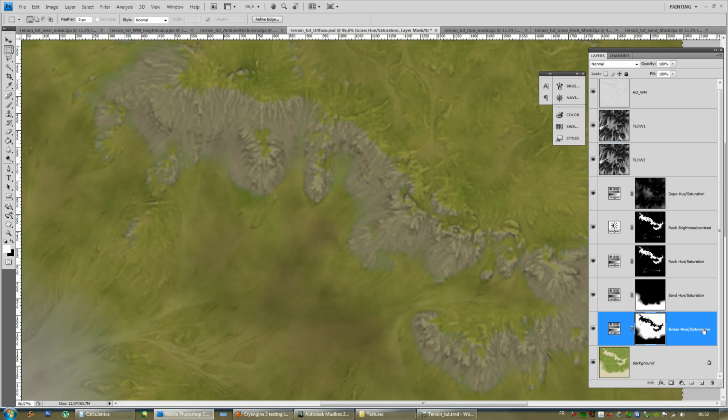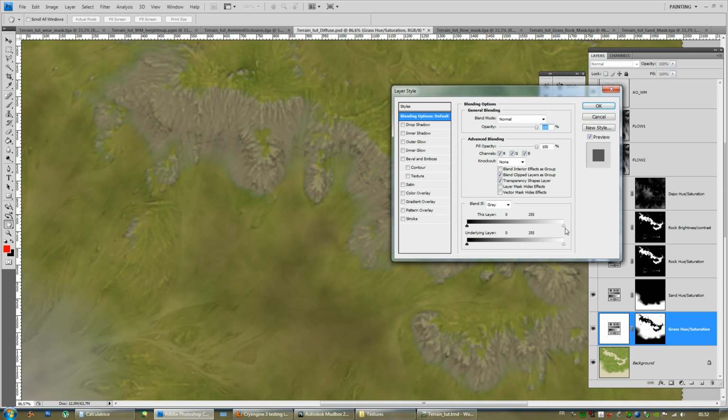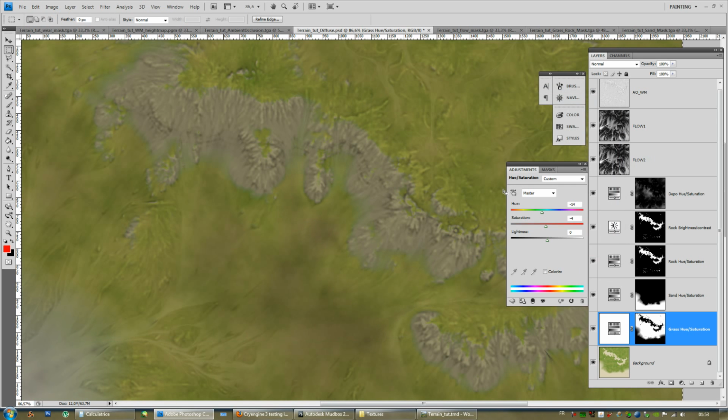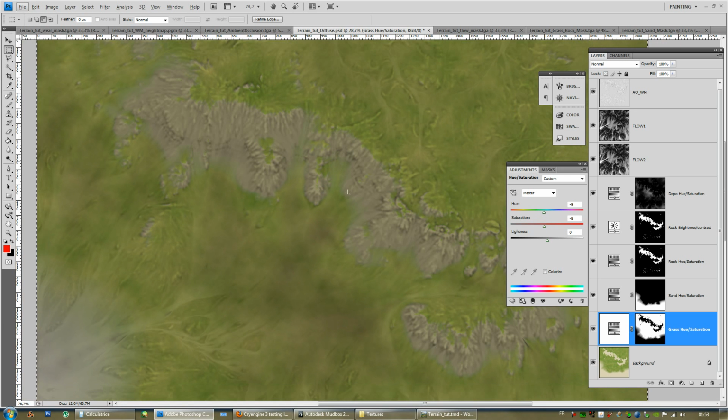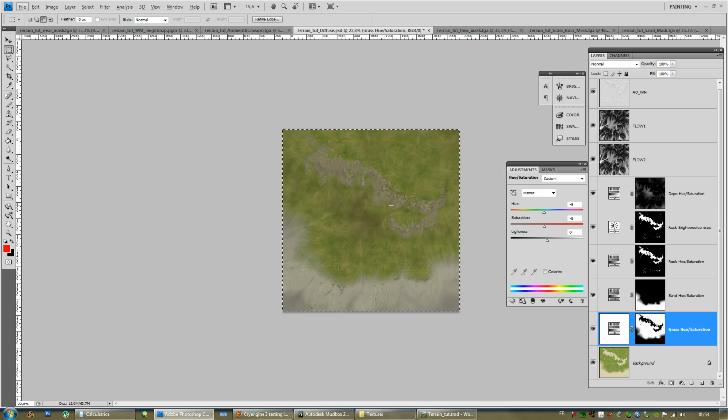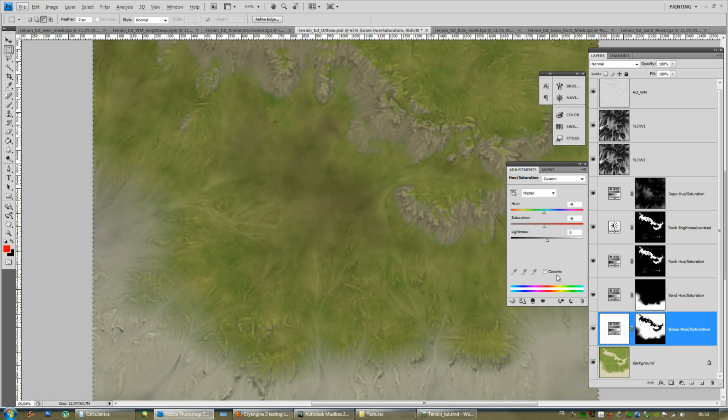Yes, it's from the grass hue saturation. Okay. This probably fixes it a bit,